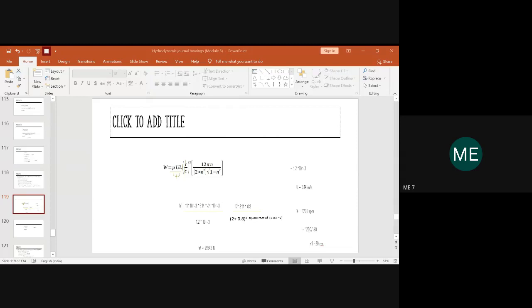Please take down the equation for coefficient of friction when the chi value you have calculated. So it is mu is equal to chi into 1 plus 2n square upon 3n. So kindly write the equation, everyone. Coefficient of friction value will be equal to chi. You know the value of chi already. You have calculated it.